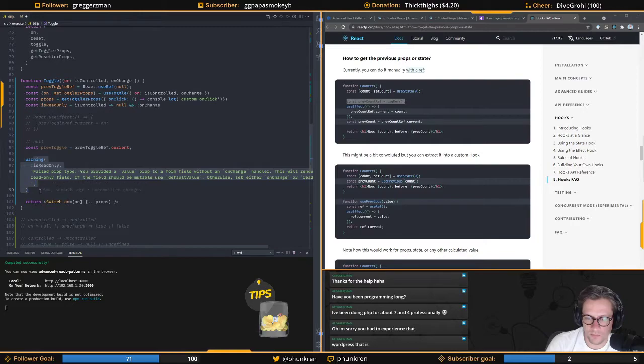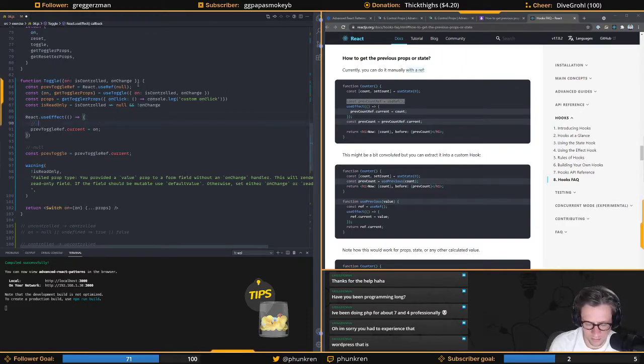I'll skip over this warning, and it will return the switch, and it will run this effect. So let's use the effect. And it will set the previous toggle ref's current value to be the current value of on. So let's say that was off. This defaults to off. This will be off. I then toggle it,